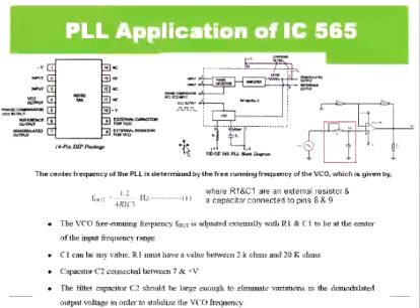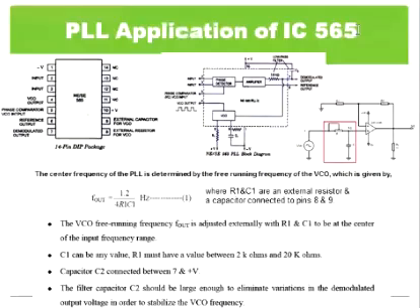The IC565 is a general purpose PLL IC which is designed for demodulation, frequency multiplication and frequency division. The device mainly consists of two components. One is the voltage controlled oscillator and the other one is the phase detector or comparator, which are the chief components for phase lock loop applications. You can see the pin diagram here.